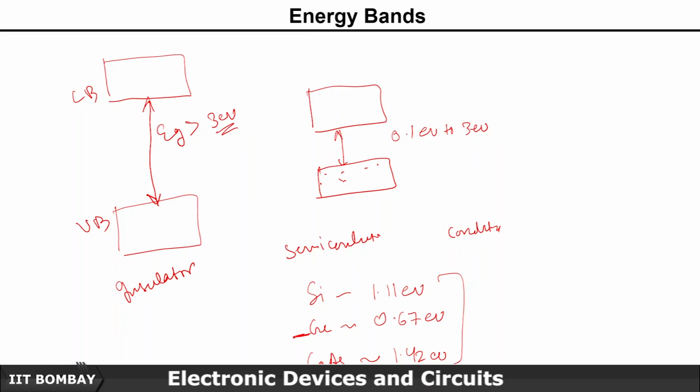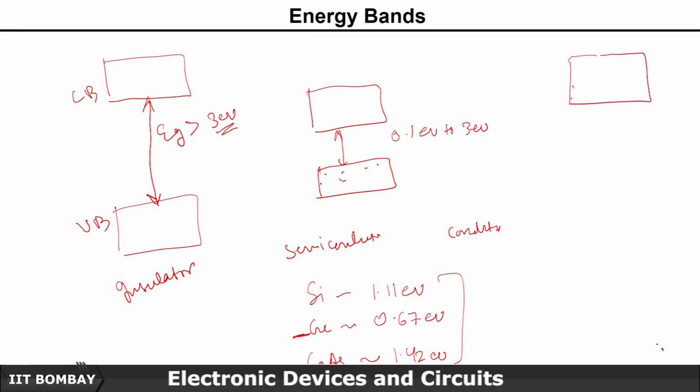So the band gap also decides a lot of properties. For example, you want to use semiconductors for light emitting diode applications. So what will you do? You will choose the right band gap, right? Because the energy emitted by the recombination of electrons and holes will depend on this energy band gap. So that makes a lot of difference for semiconductors. These differences in energy can be overcome by different processes that we'll talk about in the next lecture. For conductors, just to complete this one, you can say there can be overlap